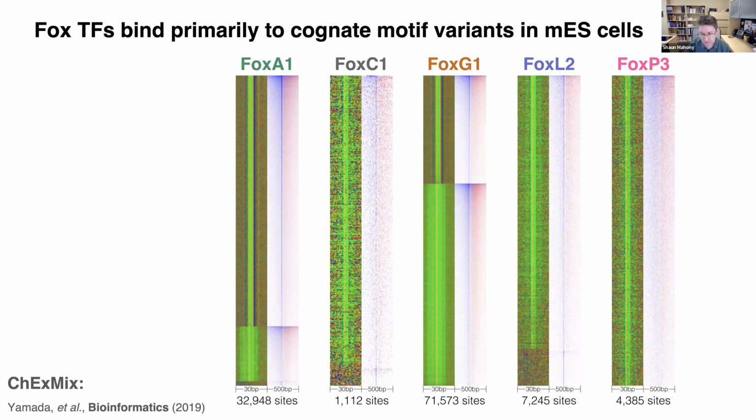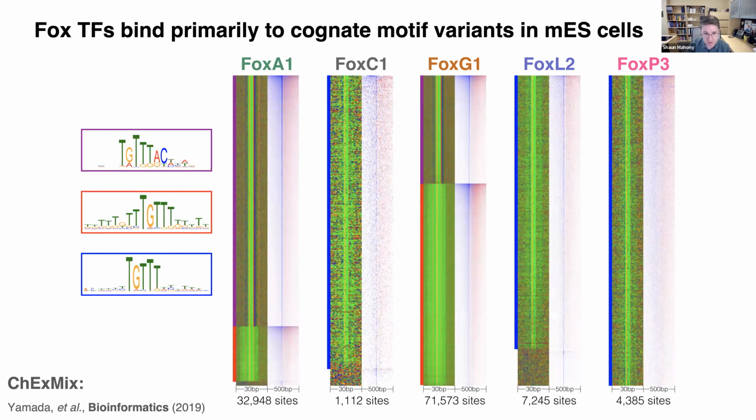So when looking at these ChIP-exo plots, we can see that there are 3 main types of motif that these FOX factors bind. FOXA1 and FOXG1 do bind to this motif that they bind in vitro, this TGTTTAC pattern. But the other factors like to bind or prefer to bind this simpler TGTTT motif or a tandem repeat of the same type, this TGTTT, GTTT, etc. motif. So there does seem to be some variation in terms of what they like to bind in terms of their cognate motif. We would therefore expect that they might bind different sites within mouse embryonic stem cells.